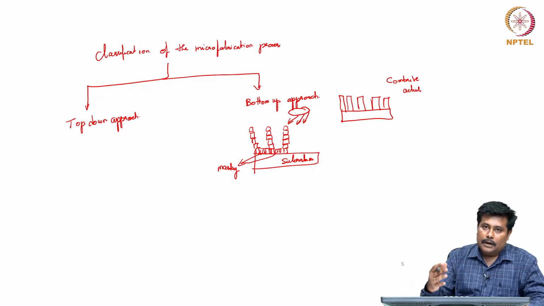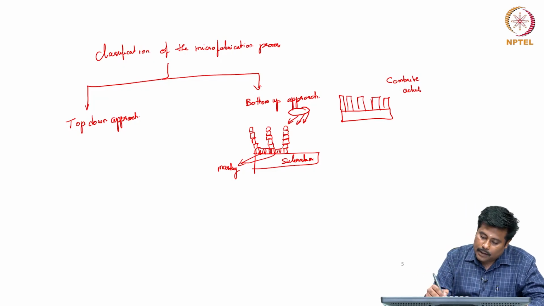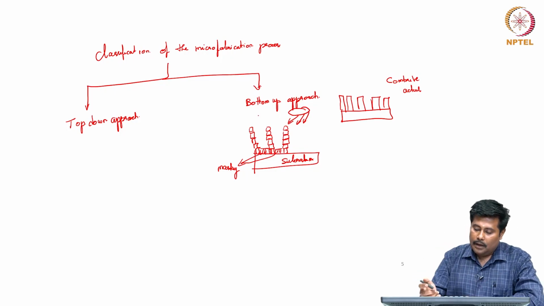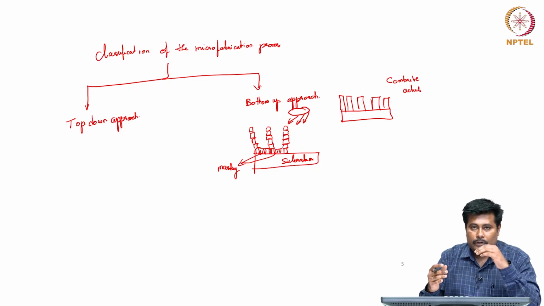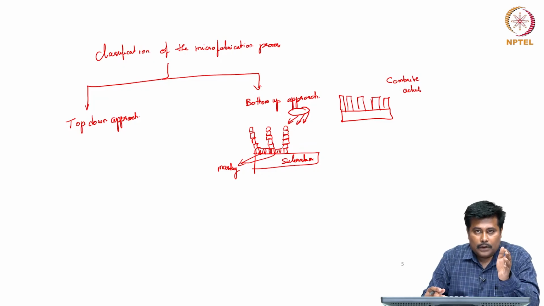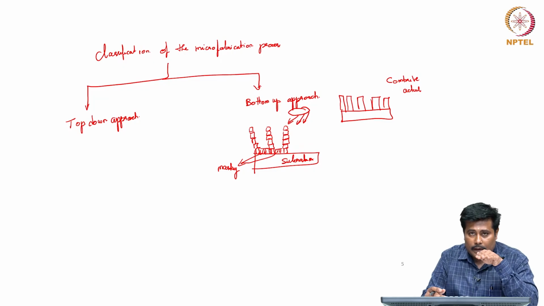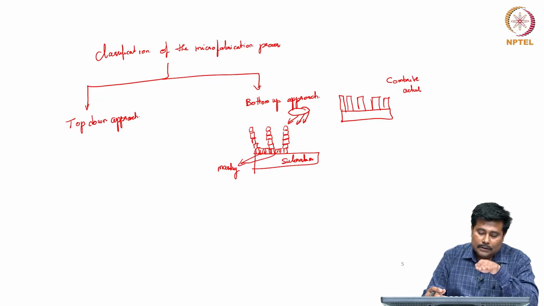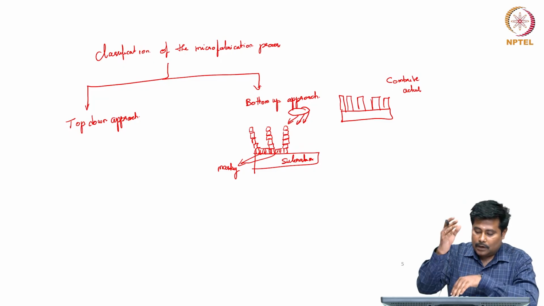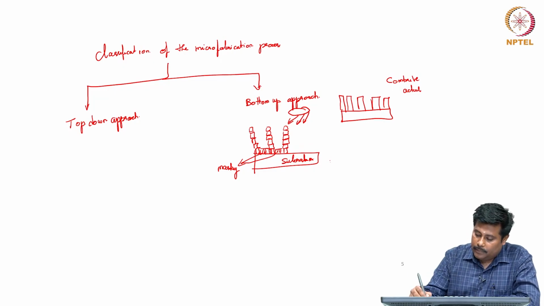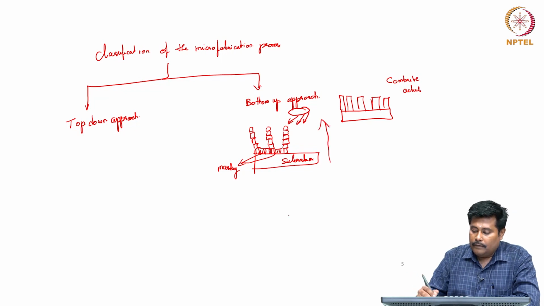So, when we are trying to throw the particle on the substrate, what happens is the particle will try to get aligned or it will try to build, and wherever the particle deposition is required, that particular domain is taken into consideration. Wherever the particle is not required, we have a masking in place. So, by leaving the masking, appropriately we try to build the structure. So, this is called a bottom up approach, that is, from the bottom we are trying to build the